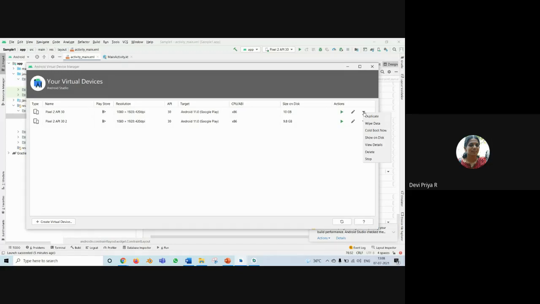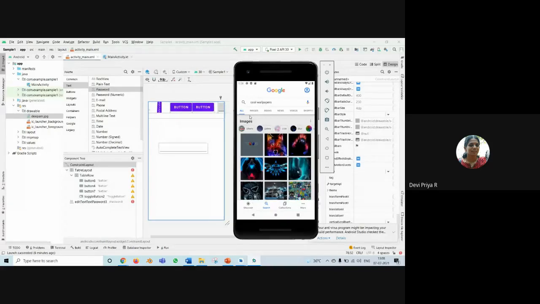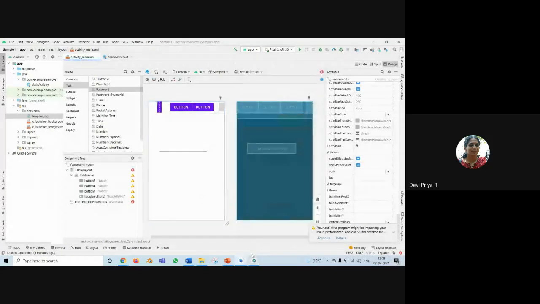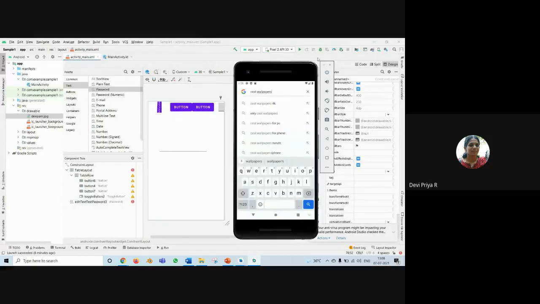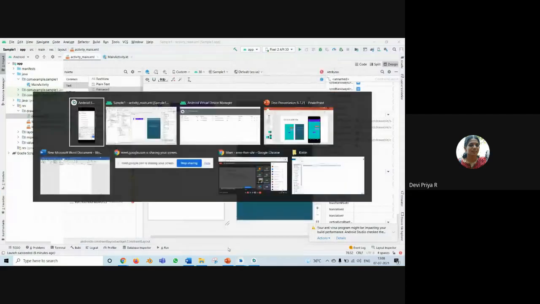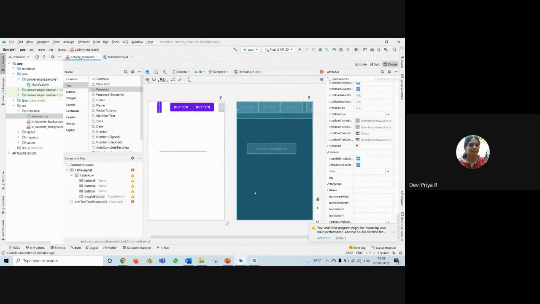Okay, and sometimes when you are running, your emulator will not show your data. That means in your Android layout page, it will be perfect, but the updates that you are making here will not be reflected here. So for that, the common reasons will be, you have to wipe your data, because these are the things that I have struggled with, and I have taken so much effort to find out why this error has happened.